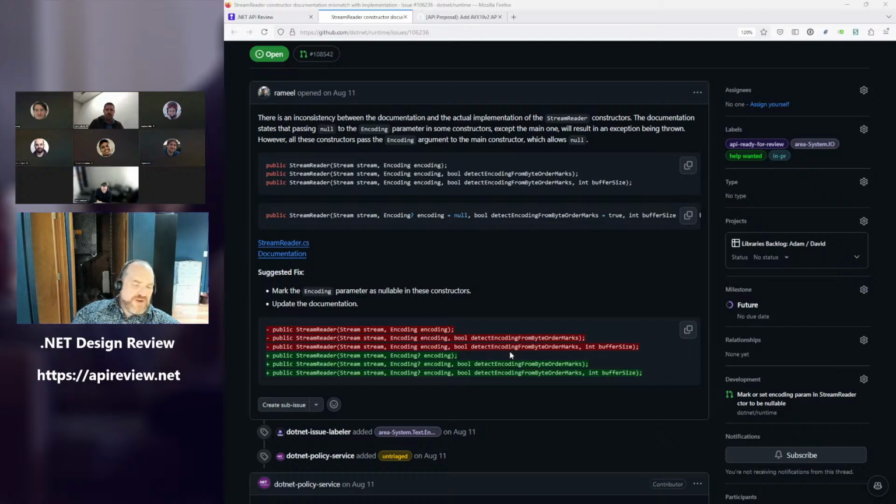I mean, just process-wise, I thought we said if something was just fixing nullability annotations, we didn't need it to come to review. Even if it's updating docs, the docs explicitly say it throws an argument null exception if encoding is null. It does on full framework. It does on .NET 8 too. I mean, the docs say that for the .NET 8 docs, for example. That's just because we didn't change the docs.